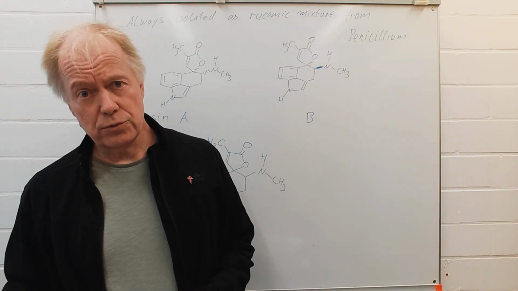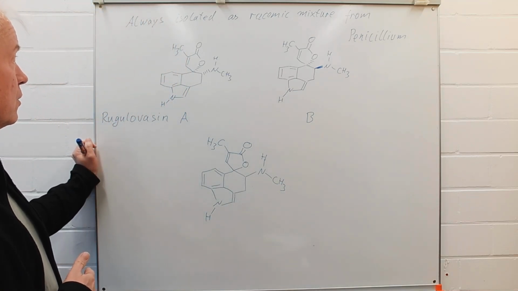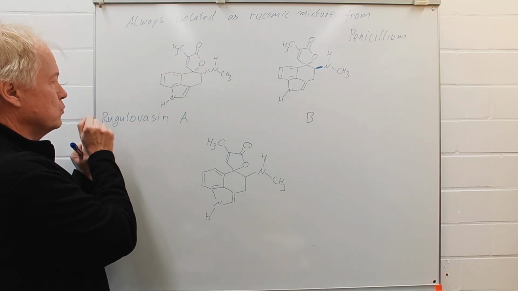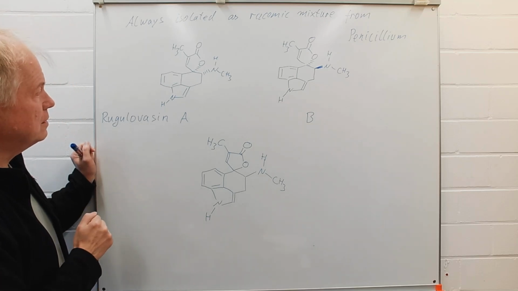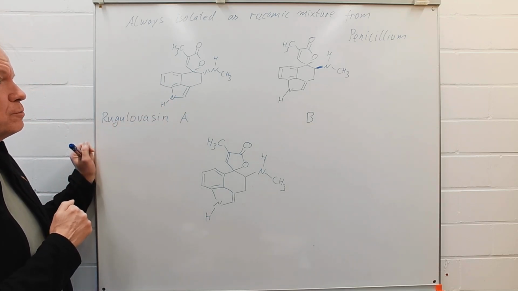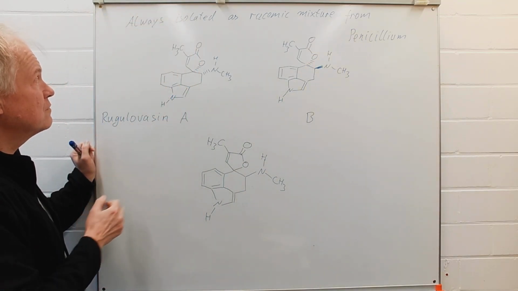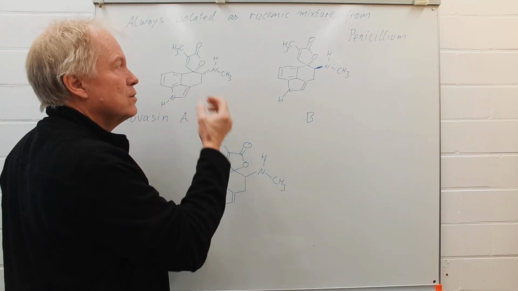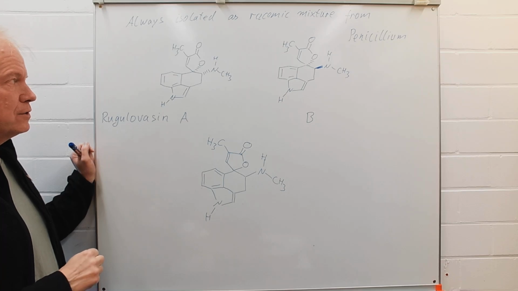Today we are going to try to solve a chemistry riddle. Well, here we have two structures of rugulobenzene. We have here A and we have B. And the specialty about this natural product, which is isolated from Penicillium, is that you always isolate it as a racemic mixture of both diastereoisomers.